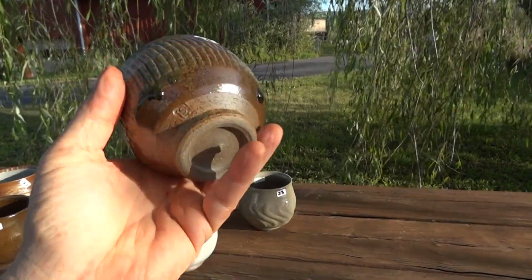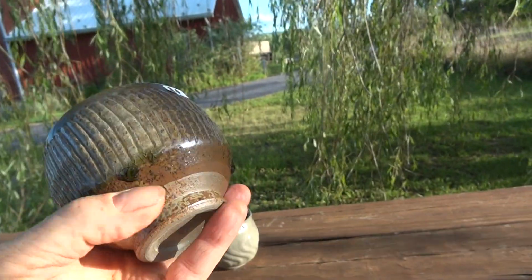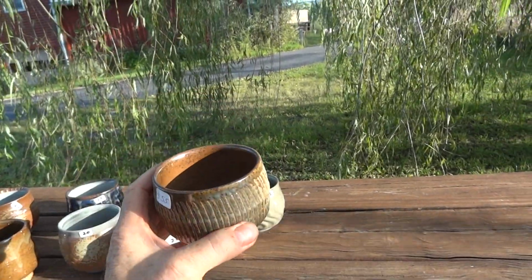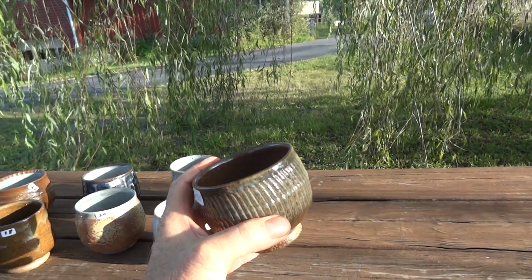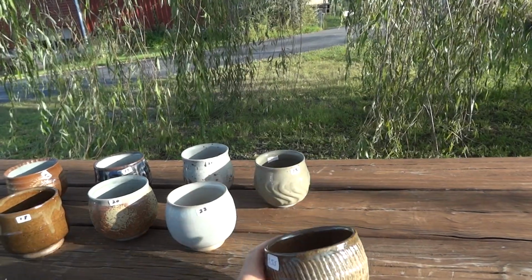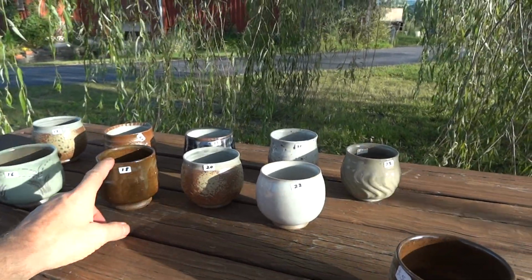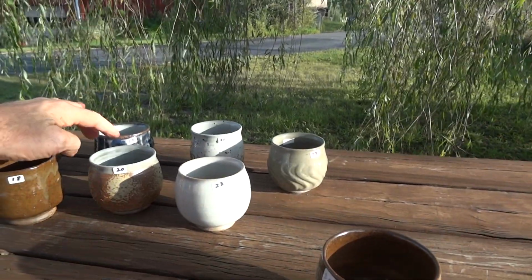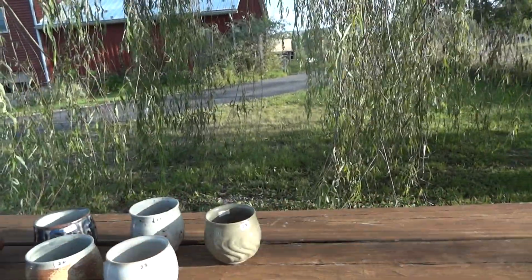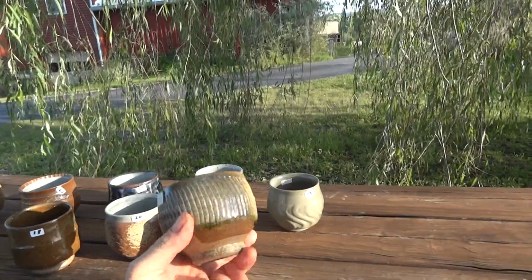Number 24. Oh, it's got a seal just on the bottom there on the side. Yeah, this was raw glazed once fired. I think for the most part, some of these are sort of like raw glazed and some of them are bisqued. I know that one I think was raw, and that one was raw. Yeah, some were raw but some were bisqued. In fact, I think most of those actually were bisque fired. But anyway, this one